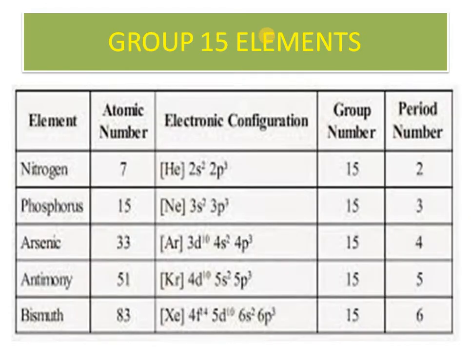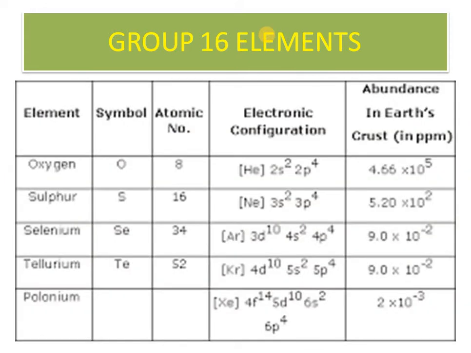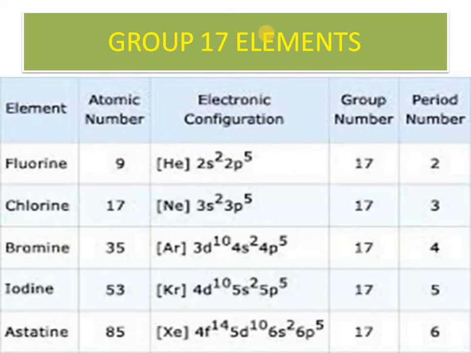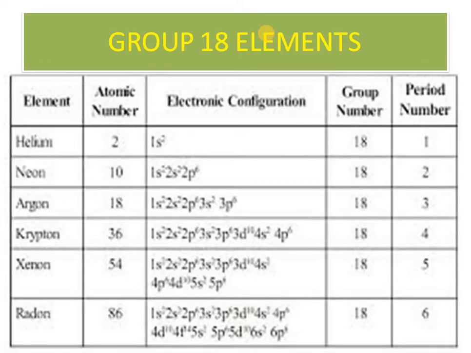Okay, so now these are the basic group 15 elements. You should practice how to write the electronic configuration. We should be aware of the atomic numbers of group 15: nitrogen, phosphorus, arsenic, antimony, bismuth. Similarly, electronic configuration we can write, and group number is 15, period number is 2nd, 3rd, 4th, 5th, 6th. Similarly oxygen, sulfur, selenium, tellurium, polonium, and the electronic configuration we should know along with atomic numbers and symbols: fluorine, chlorine, bromine, iodine, astatine. So now we are aware of the group number, period number, electronic configurations, and group 18 also: helium,